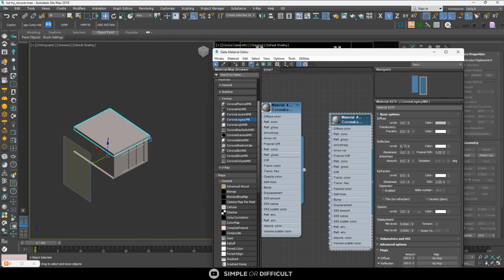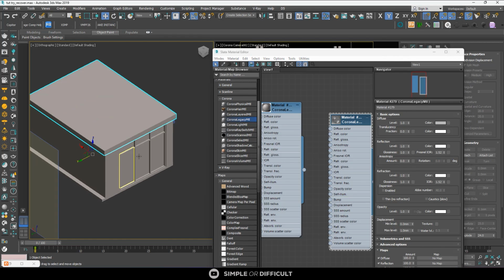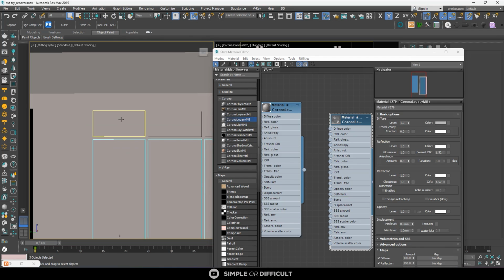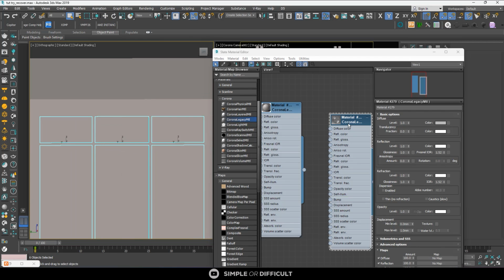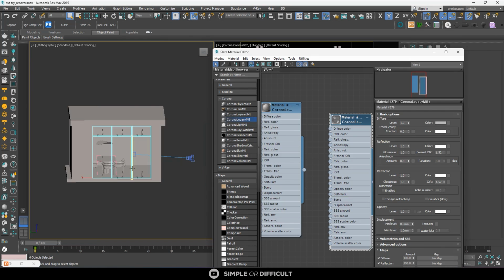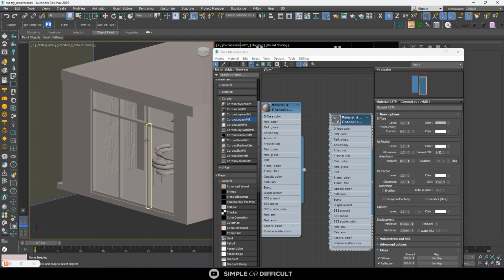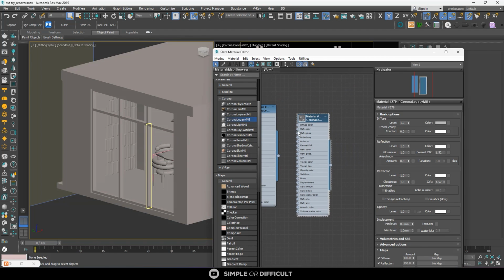Just make this one and then make the refraction one. And there you have your glass material. So I'm going to select this and this. I'm going to apply this glass material to it, and then you can see inside the house, inside the dining from here. So the next thing we are going to be doing is